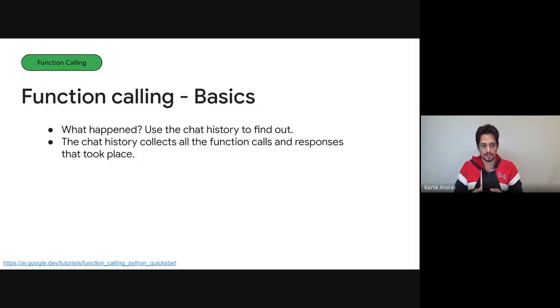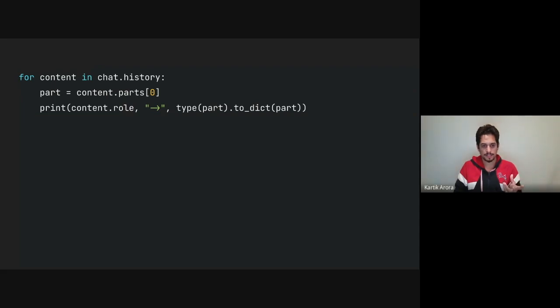But let's backtrack a little and understand what really happened in this conversation with Gemini. Like I said earlier, there's a chat within the chat kind of conversation. There's chat history. Now, chat history contains objects such as role and part. Role basically says who was responsible for that content, and then the part itself is the content. So if we use chat history and write a function or a for loop like this, we'll get an output of who said what and what was being said.